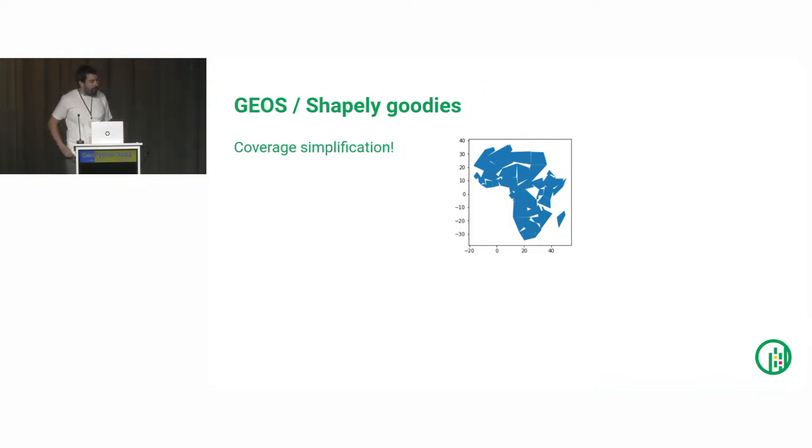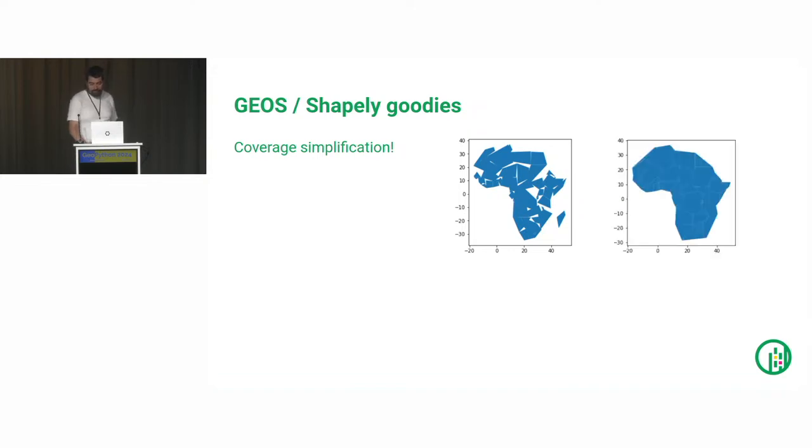Because right now, if you have a GeoDataFrame representing a coverage, like the states of Africa, if you call simplify, every geometry is going to be simplified on its own, resulting in gaps and topological issues within the contiguity between geometries. While coverage simplification can treat the whole geometry array as one coverage and simplify it while keeping the topological relationships